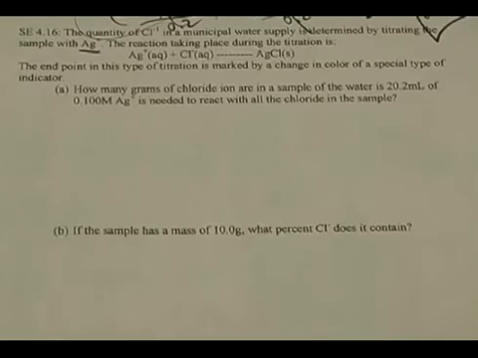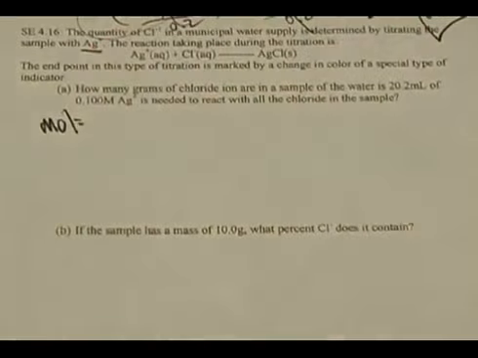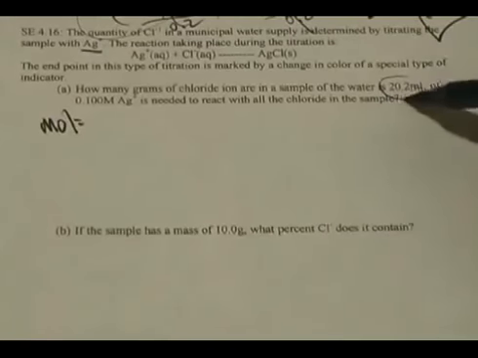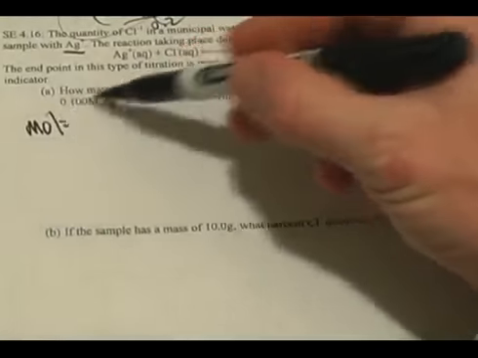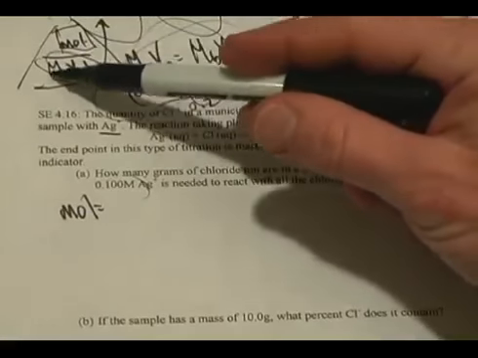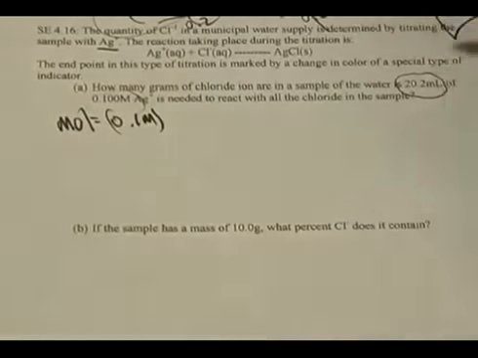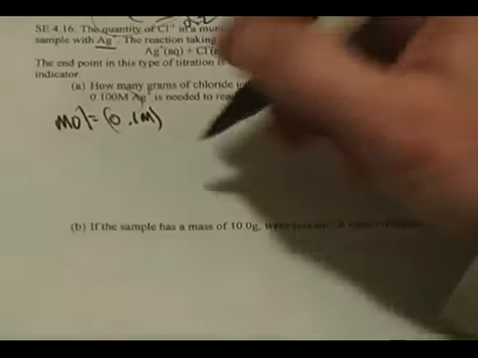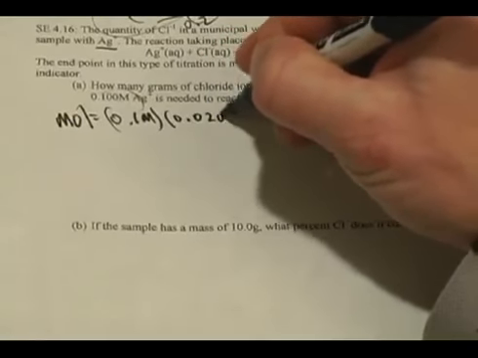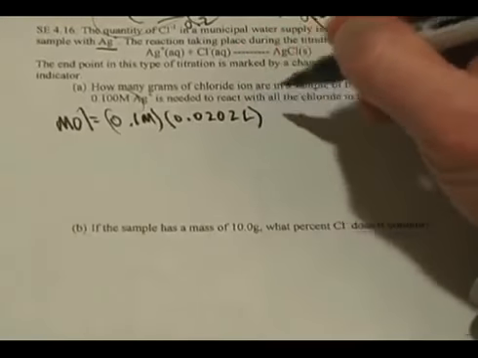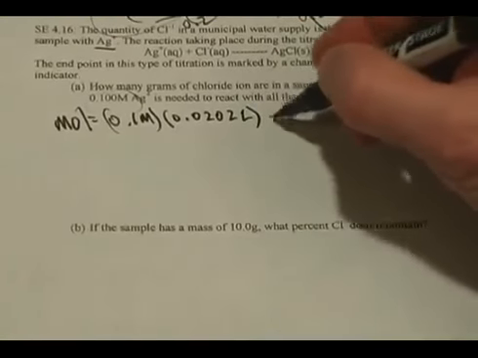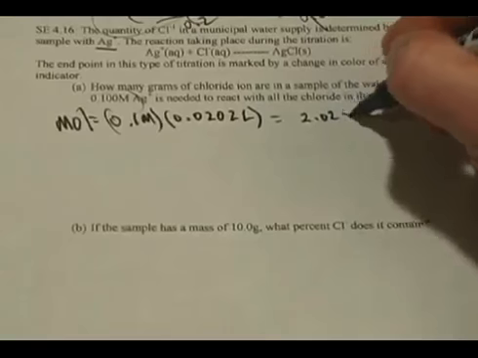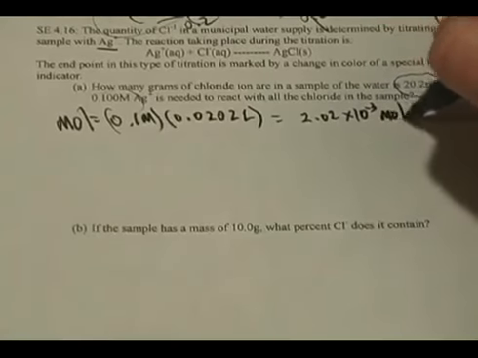So step number 1, write the balanced chemical equation. That's done. Second of all, find your number of moles. So moles are equal to, what information are we given? The volume right here, and we're also given our molarity right here. If you remember the molarity triangle right up here, moles are equal to molarity times liters. So our molarity is 0.1 molar times our liters, which moving 1, 2, 3 places to the left really quick, is 0.0202 liters. And if you multiply those two together, we end up with 2.02 times 10 to the negative third moles of